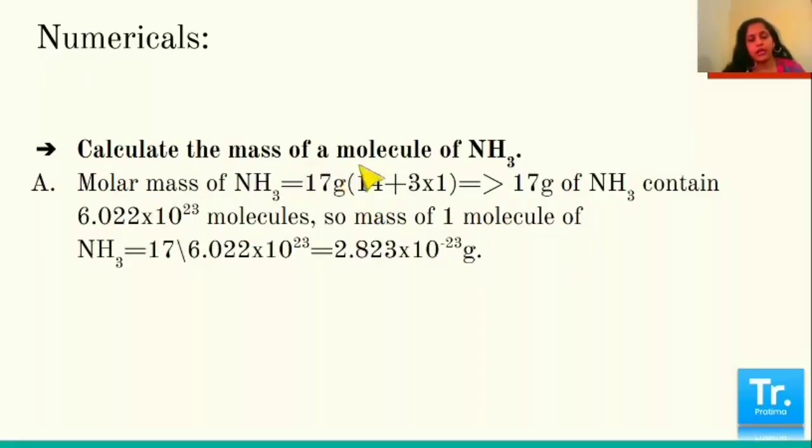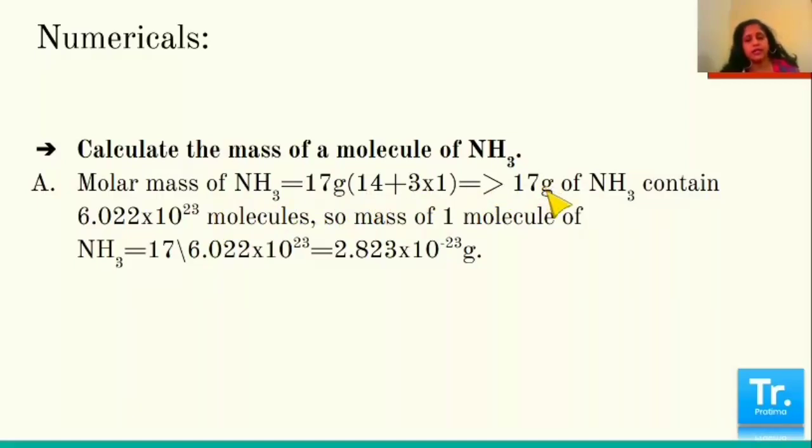Find the mass of a molecule of ammonia. I will again tell the same thing, that a similar type of question was there in the previous video where I had spoken about the number of molecules in 1 mole of ammonia. I have also spoken about the number of nitrogen atoms in 1 mole of ammonia, the number of hydrogen atoms in 1 mole of ammonia. Anyway, in this question we don't need that. We just need the mass of a molecule of ammonia. So we all know the molar mass of ammonia is 17 gram. How? This is how. Okay. So when it is 1 mole, when it is molar mass, how many molecules? Avogadro's number.